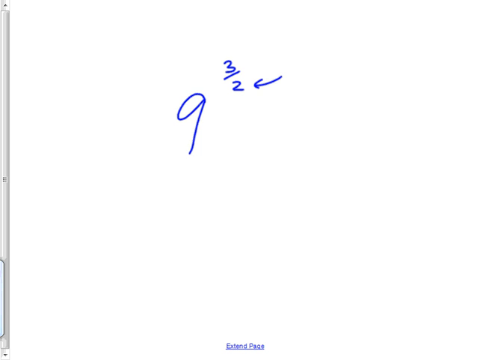This part is what root you should do to your base. And the roots go on the bottom, just like in plants. The other is your normal exponent. This is to the 3rd power, just like you'd expect. So you do 2 things to the 9. You take the 2 root, also known as the what? A 2 root is a what root? Square root. You take a square root of 9, and then you put it to the normal power